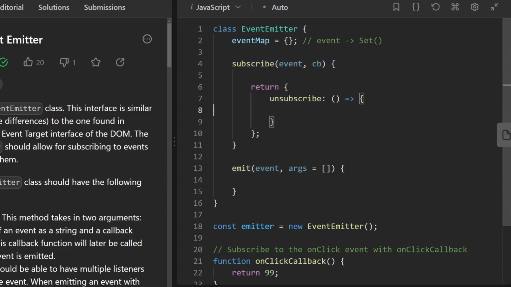So let's start with the subscribe. The first thing we want to do, given an event, is probably add the callback. This is a function. I wish they had just called it fn, but CB stands for callback. And we want to add that callback to the set corresponding to this event. So sounds easy enough. We can just say this.eventMap for this particular event, we want to add to that this